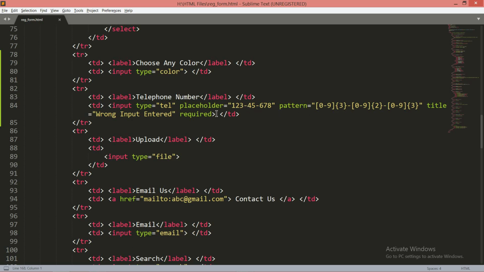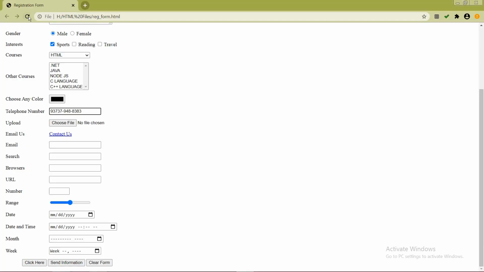For the example, I would like to give a small tag. Just put a small tag over here, and within this I write example, so that the user should input the value like this. This is just for the user's reference, otherwise I have given it over here. Now just refresh it. This is a small tag. The example is given there, so users should enter the value in this particular format only.